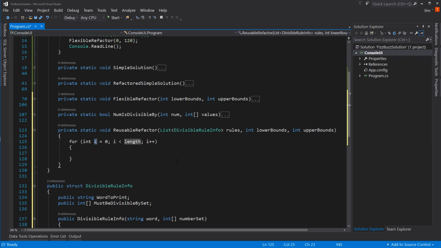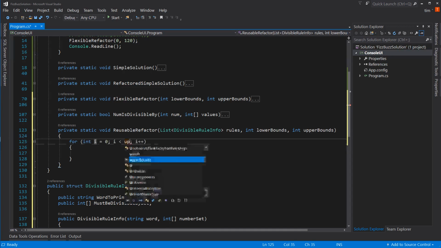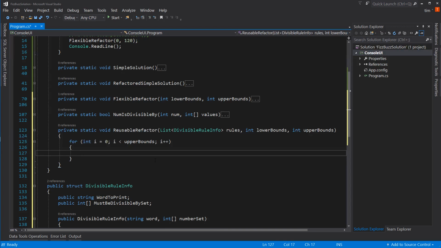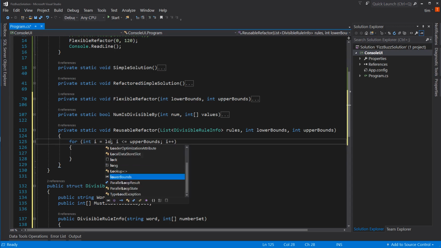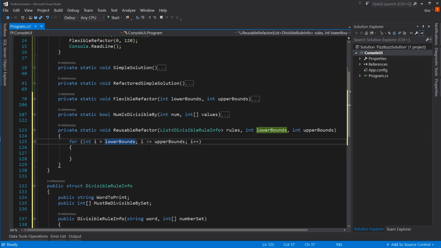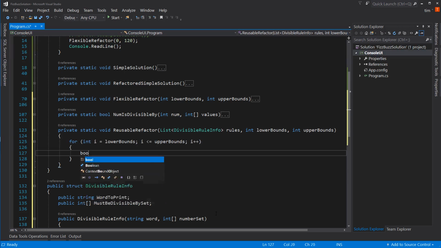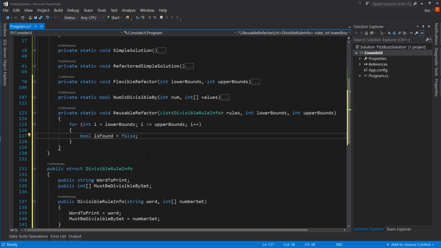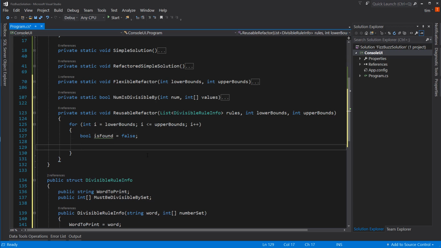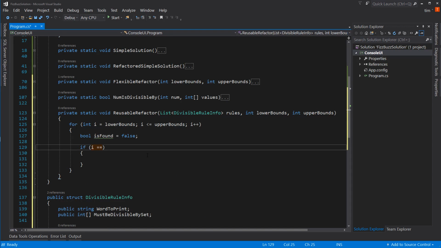So let's do our for loop. And a similar kind of thing here. I is less than or equal to, it's going to be upper bounds. So I equals lower bounds, I is less than or equal to upper bounds, I plus plus. We're going to have a bool here for is found equals false. And then we're going to do our check for our I. If I equals 0, then